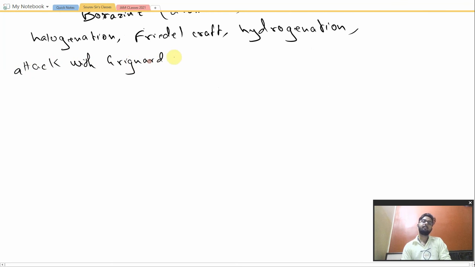Almost all kinds of reactions that an aromatic species goes through, this borazine compound also goes through. Because of the structural similarity between this and benzene, it is also known as inorganic benzene. So you have to write these 2 or 3 points in a very compact way,